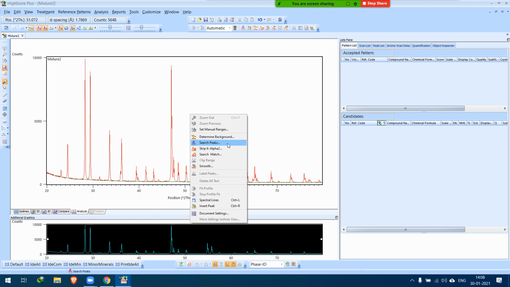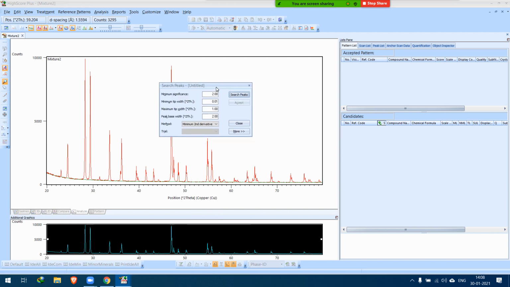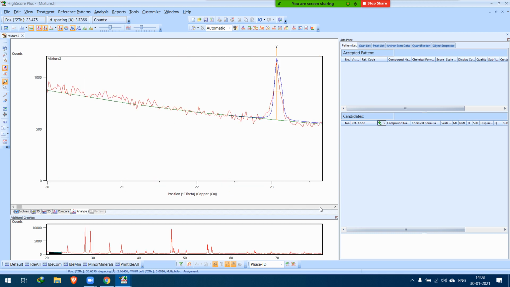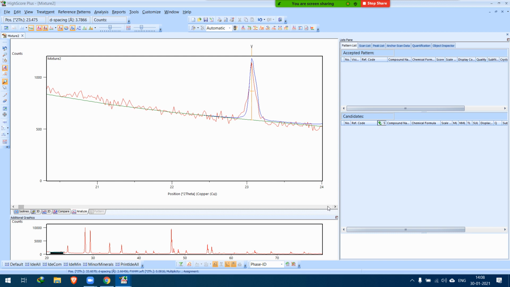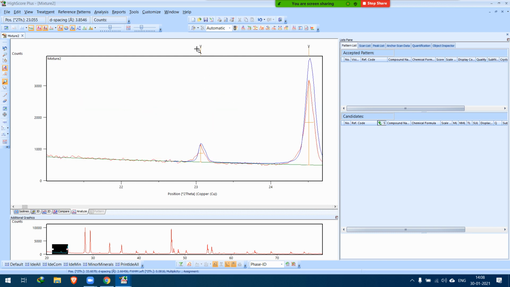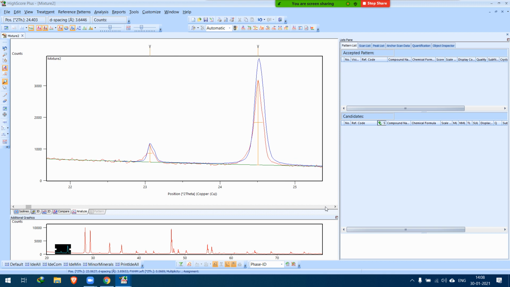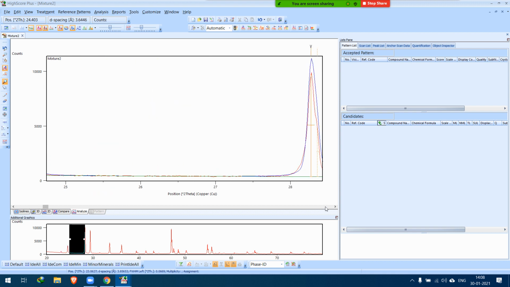you can right click and search for the peak. This peak search has some automatic calculation. You can search the peak, and I suggest that you just accept it, and after accepting it, go through the peaks one by one. I'm navigating through this column, and you can observe the searched peaks and check whether all the peaks have been identified or not. If a peak is not identified, then we will add it. We have to navigate slowly.